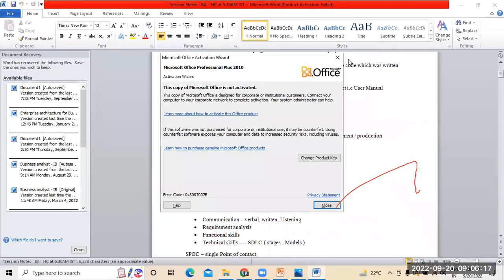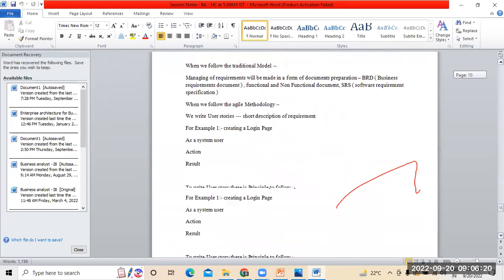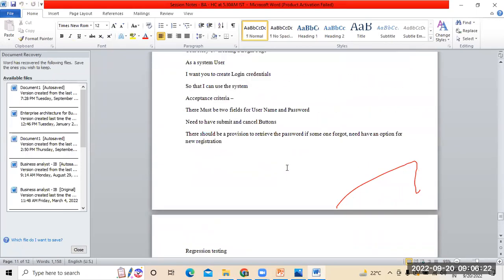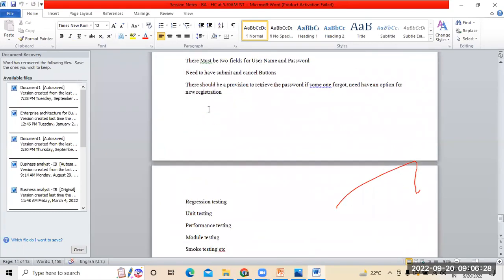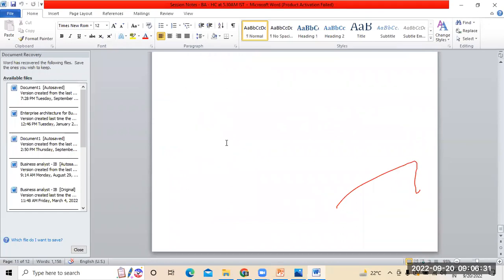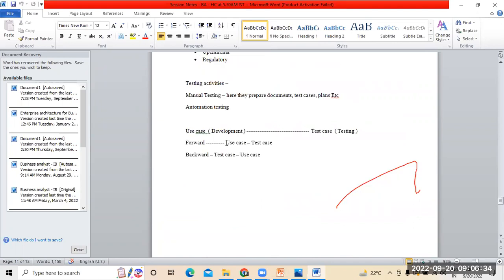The session notes will be prepared at times when it is required. Yeah, this is the last one, right? Traditional user story, how to write, right? So this is what I have written in the session notes. I haven't written anything so far. So this I will be sharing. Normally I share in WhatsApp, actually. These documents, session notes, I share on the WhatsApp chat itself. Right from the beginning, I'm doing the same thing. If there is anything I have written here, for sure I'll be sharing.